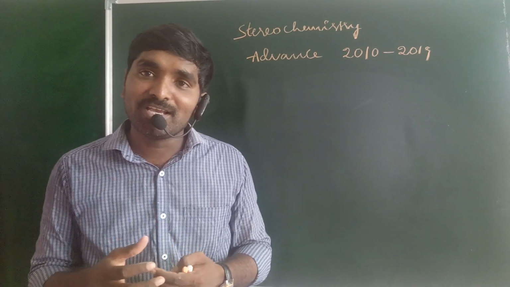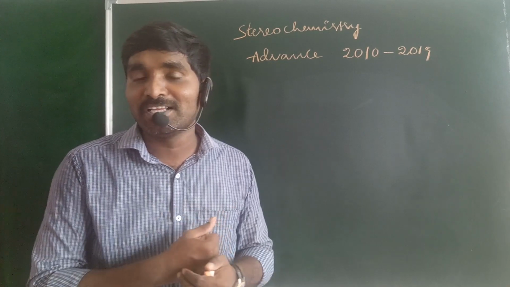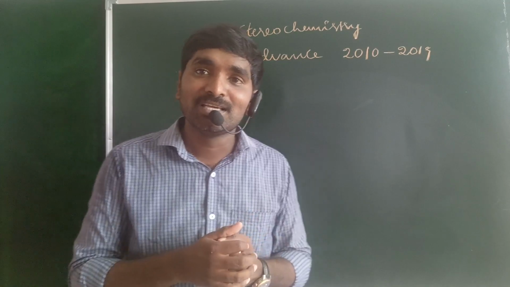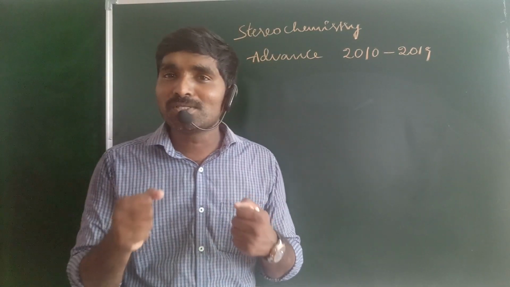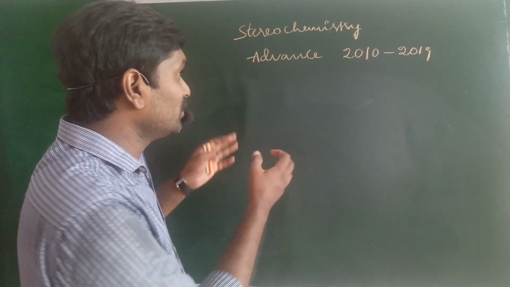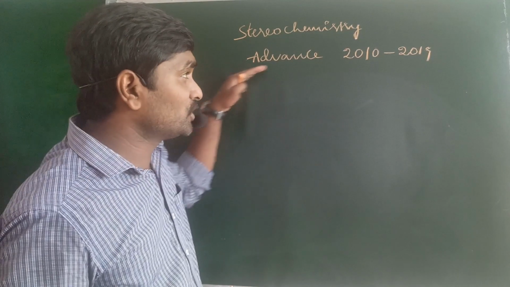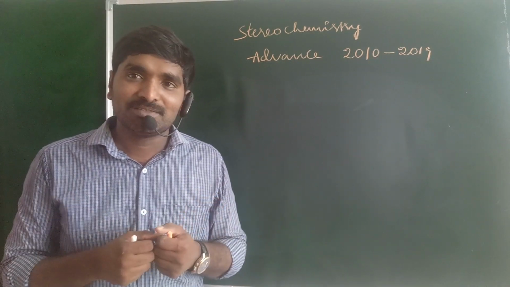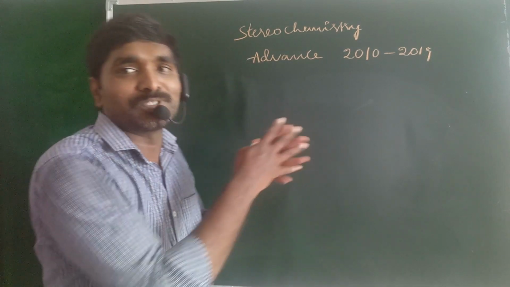What is the relation between the first one and third one? In which of the following compounds is a center of symmetry present? In which of the following compounds is a plane of symmetry present? How many chiral centers are present? And more importantly, number of stereoisomers calculations. Those kinds of questions may be asked from the advanced point of view, and the previous questions are also like this. So we need some theory and some conversions before discussing the previous questions.